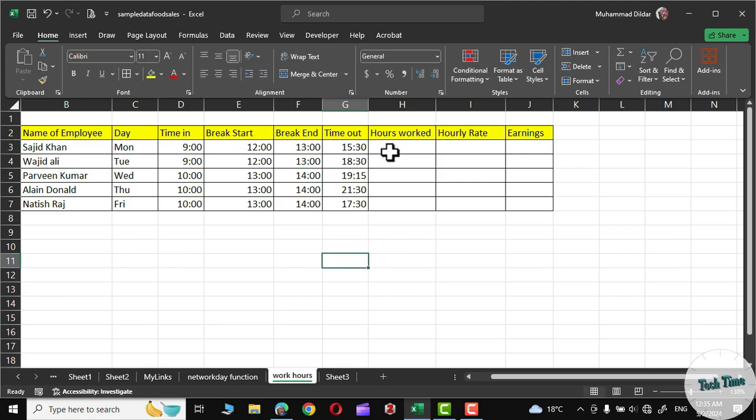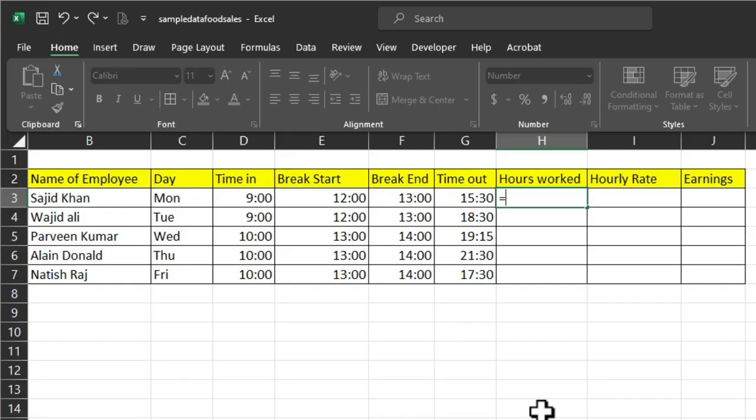Now let's calculate the hours worked. So we will write equal, bracket start, time out minus time in. This is actually the time the employee has worked, so close the bracket. Now we have to subtract the time when this particular person was enjoying his break, so we'll write minus again